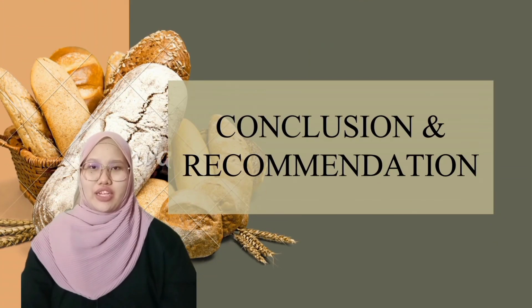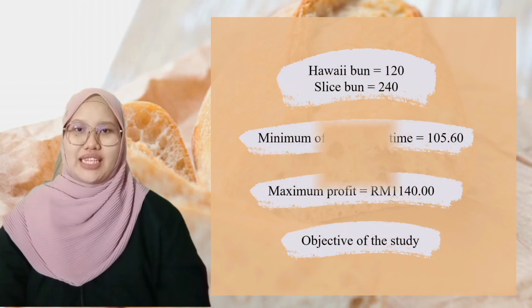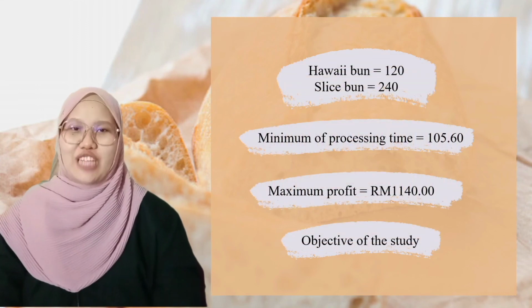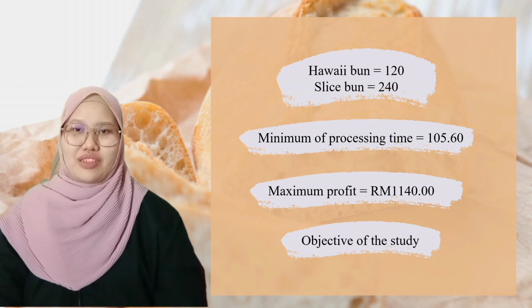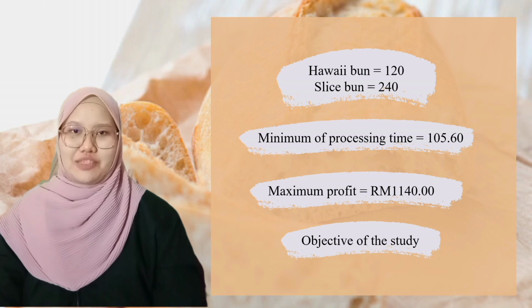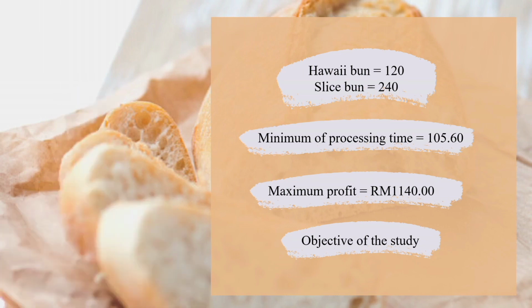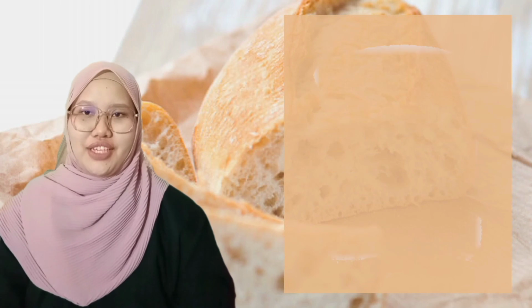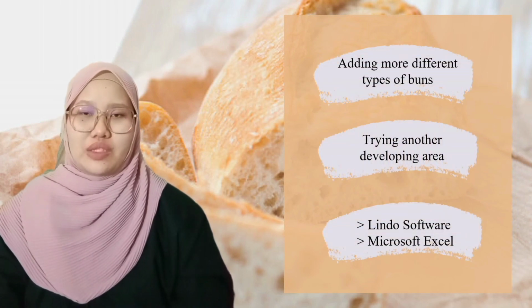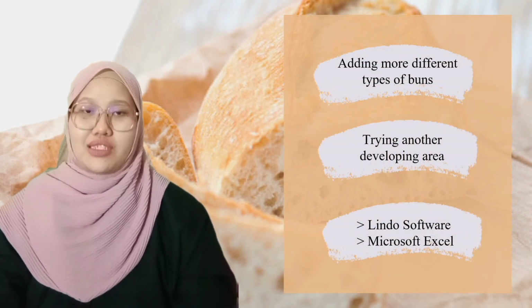Conclusion and recommendation. The conclusion is the objective of the study has been successfully achieved, since the maximum profit by producing 120 Hawaii buns and 240 slice buns with the 105.6 minimum processing time is 1,140 ringgit. For the recommendation, the data of this study only used 2 types of different bun,